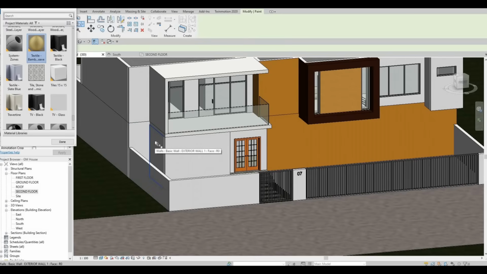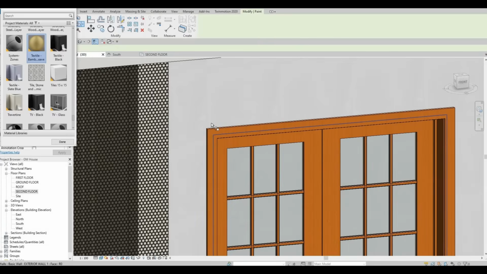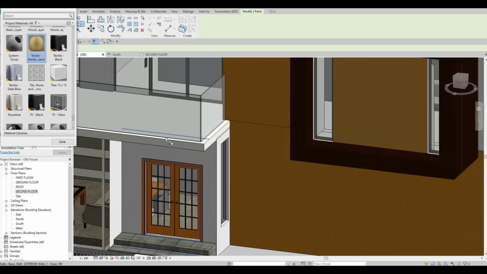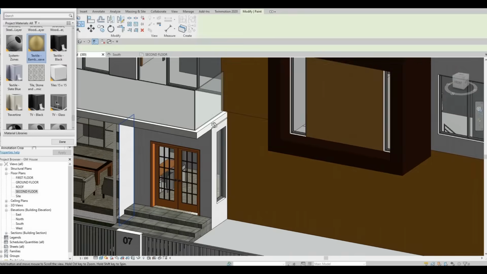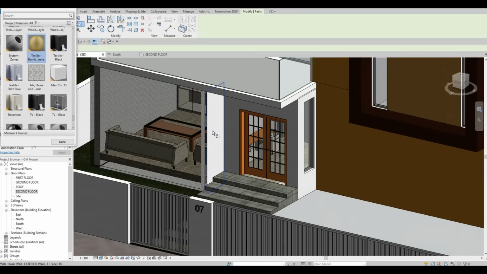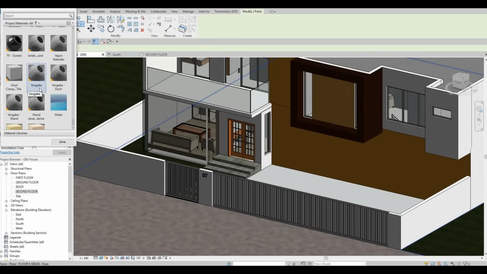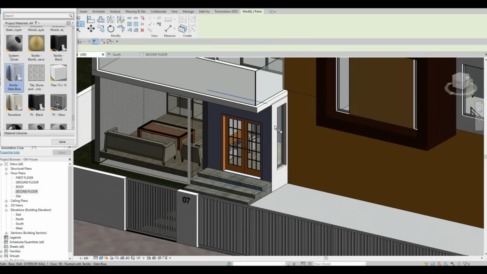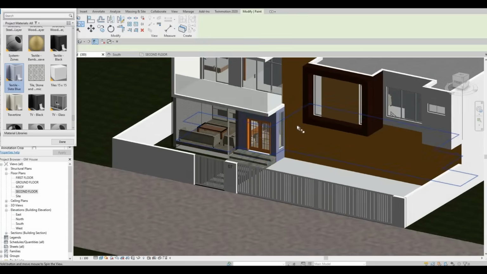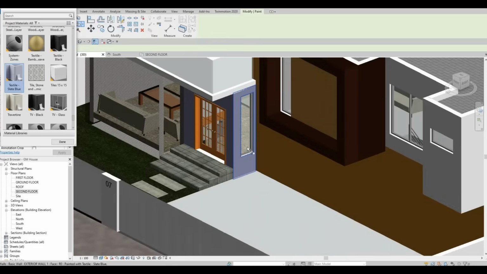So what I'm gonna do is I'm gonna use this one to differentiate those. And then some of this as well. Textile slate blue on this part,